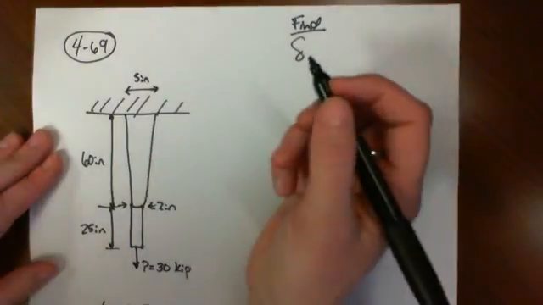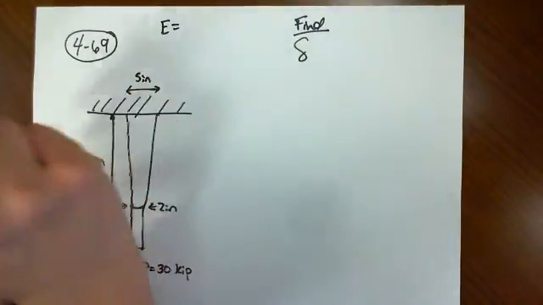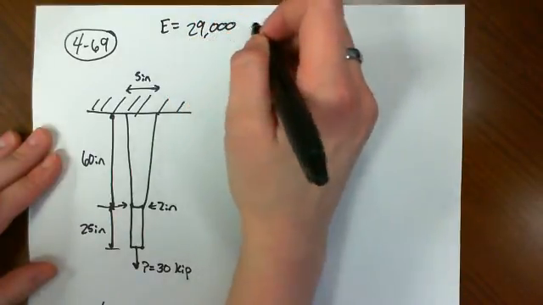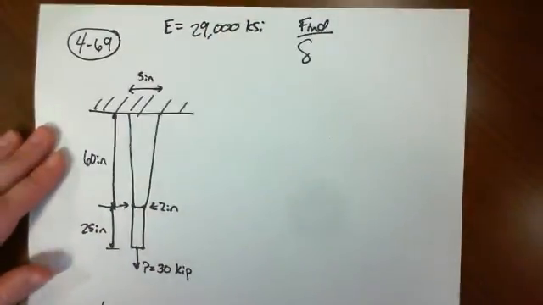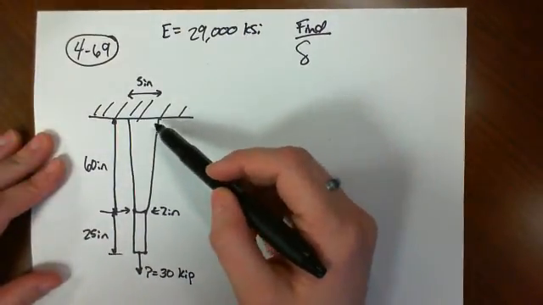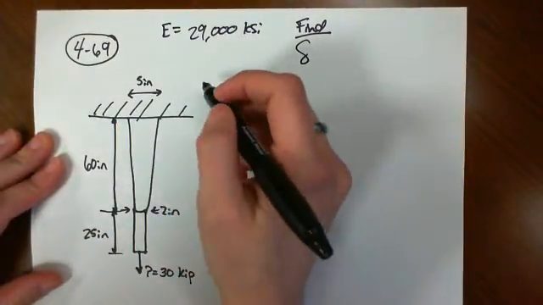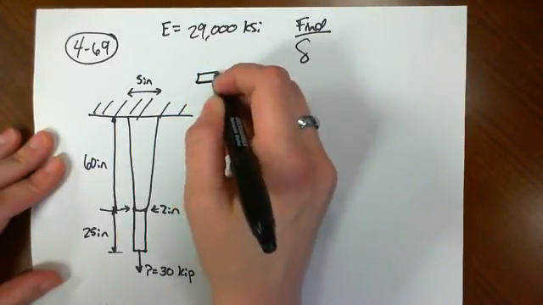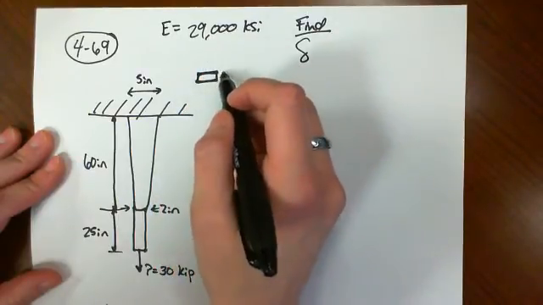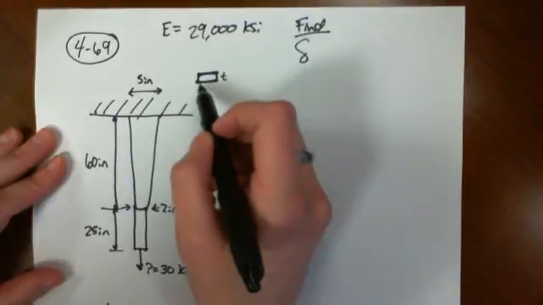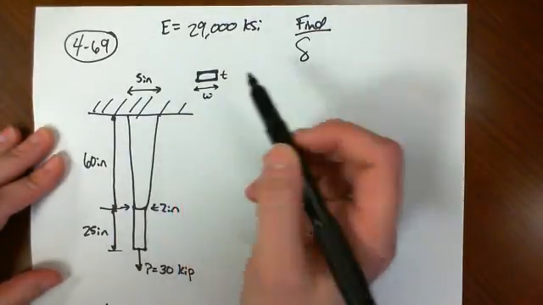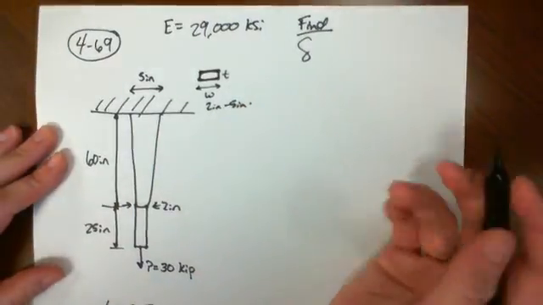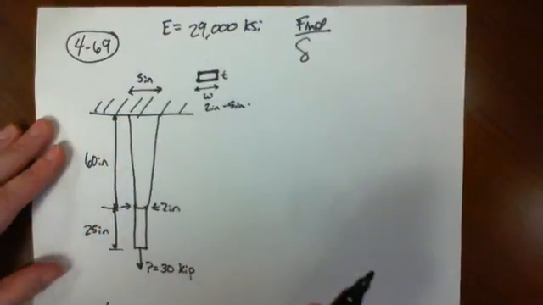So first let's find E for steel from the table in the back of our book. That would be 29,000 KSI. Now, because we have this cross-section that has a varying width, the cross-section looks like a rectangle because it's a bar, but this is t, they gave us 0.5 inches, but this width here is going to vary from 2 inches at the bottom to 5 inches at the top. So we need to figure out how we can describe that as